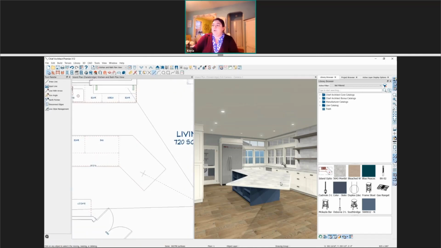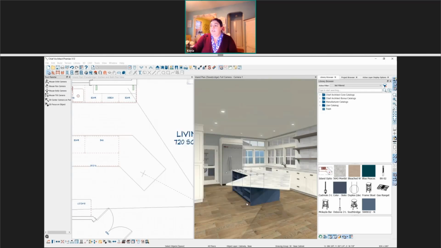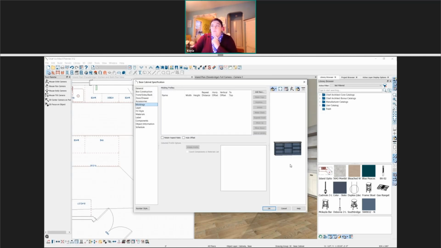So now what I want to do is add in another molding going around the edge of the back of this island. So one thing I forgot to do when we were looking at this bookshelf, I'm going to open it up again. I actually don't want a closed toe or an open toe at all. For the bookshelf, I'm going to go ahead and remove the toe kick. We'll just set it to be 0 inches deep. So it's going to be just a main area. And now I can open up the cabinets themselves and I can add a molding around the edge, the base of the cabinet.